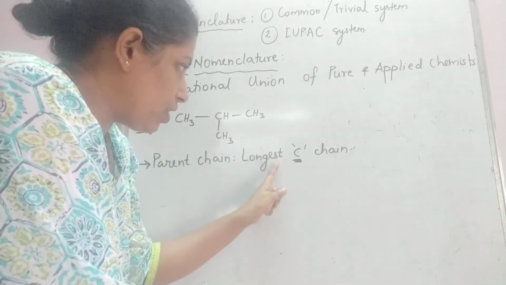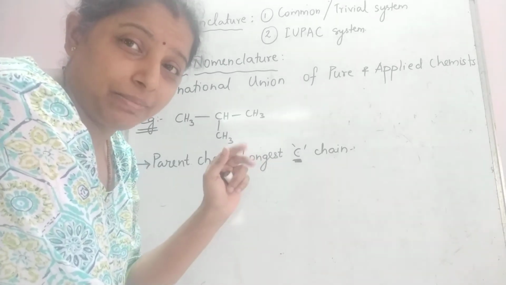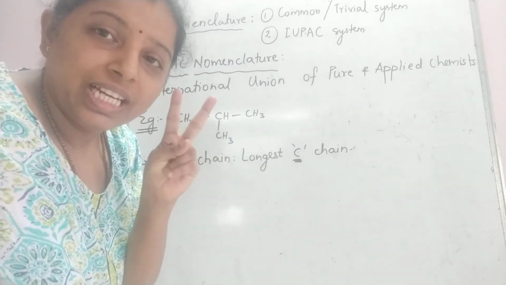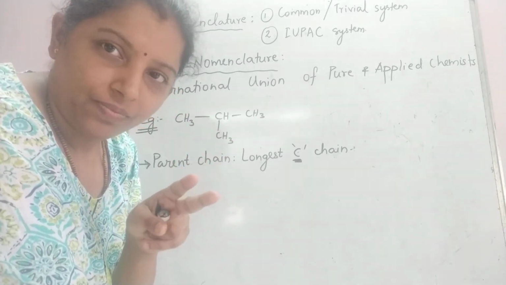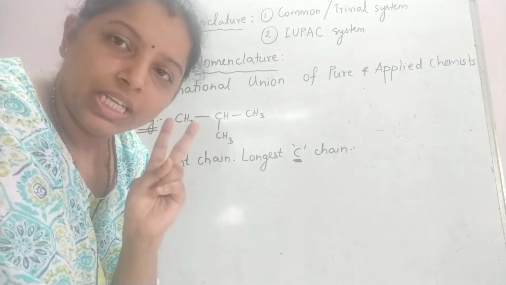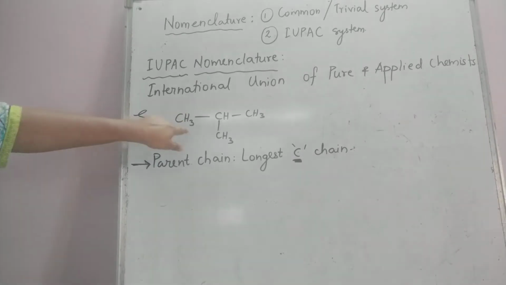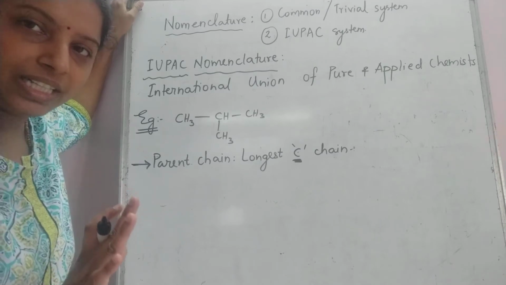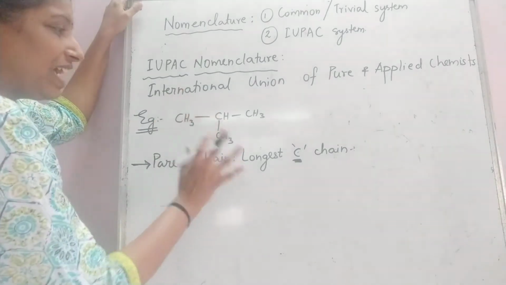So this longest carbon chain or parent chain must contain the maximum number of carbon atoms in it. Secondly, it must include the carbon atoms of a double bond and triple bond. If there is a double bond or a triple bond in the compound, it must include those carbon atoms. Now the compound that we have taken does not contain a carbon-carbon double bond, nor a carbon-carbon triple bond. So let us only focus on selecting the longest carbon chain.